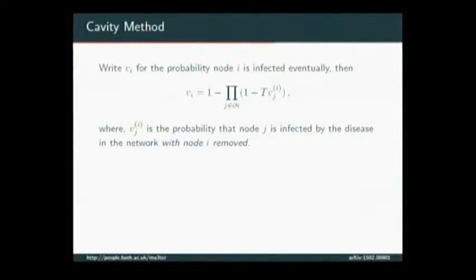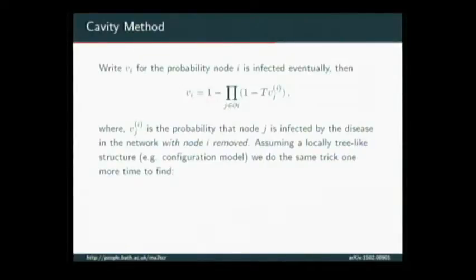So all this is basically saying is that if you're going to get sick, you need one of your friends to have caught it from somebody else. And then they get to transmit it to you. So far I haven't achieved anything, right? Because I've got n variables here, and I've got twice the number of edges as the number of variables on this side, so I've just made the problem worse.